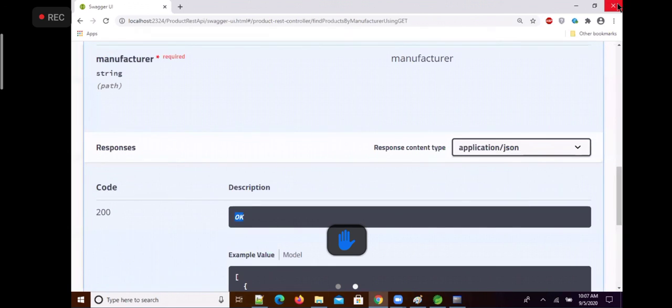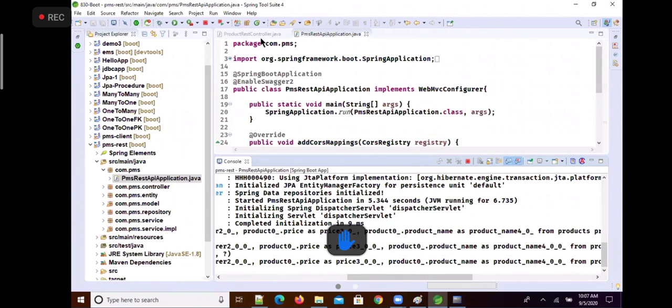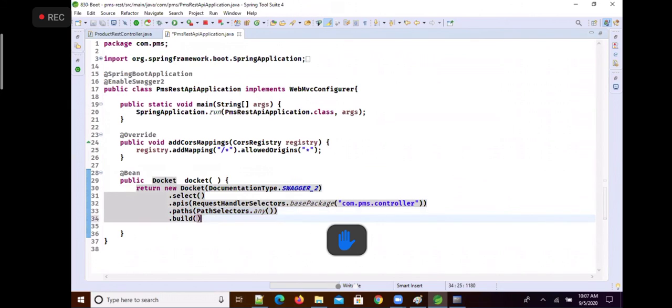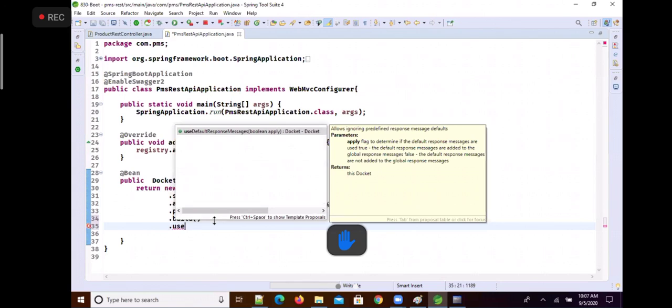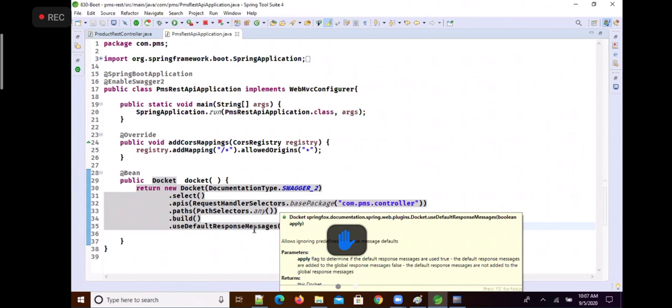In the Docket bean, I can call the method useDefaultResponseMessages(false). Use default response messages false means what?